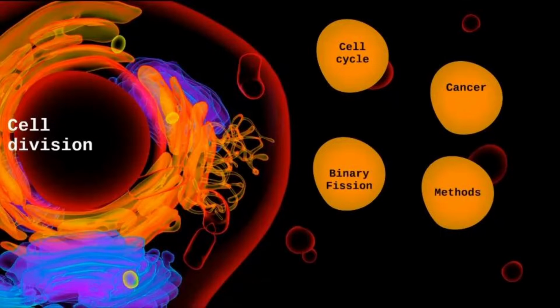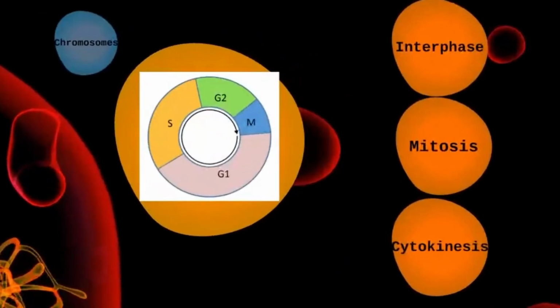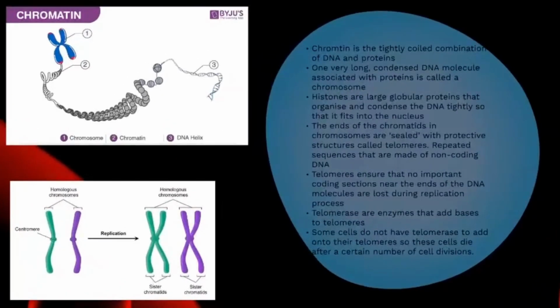So first of all, let's have a look at the cell cycle. So just a bit of background before we go into exactly what the cell cycle is. We're going to first recap what chromosomes are and their structure so that we get this really clear, because this is very important going forward that you understand this fully before we can go on to the different stages of cell division. So as you've learnt before,